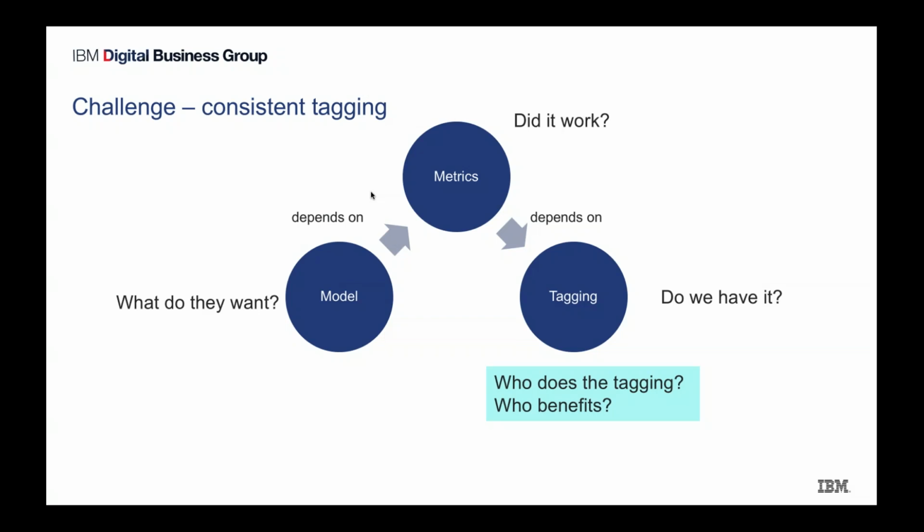But that metric in turn depends on tagging. So the metrics also inform the did it work question. The tagging also informs the do we have it question. So to answer those three questions, we need a model and metrics and tagging. The model depends on the metrics, which depends on the tagging, but who's going to do that tagging and who benefits from the tagging? And historically,